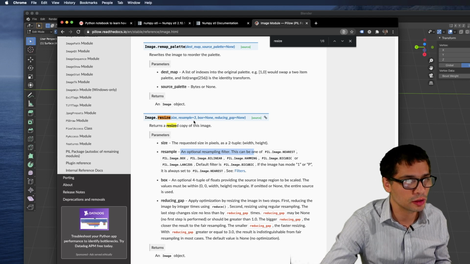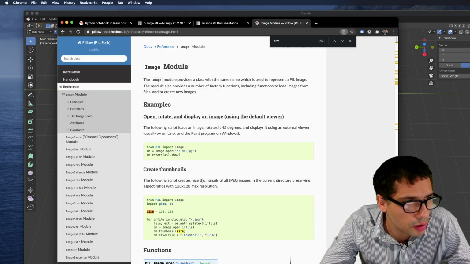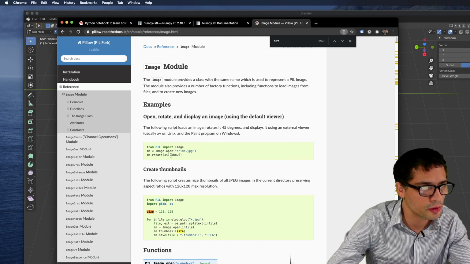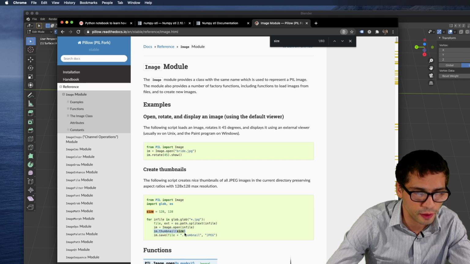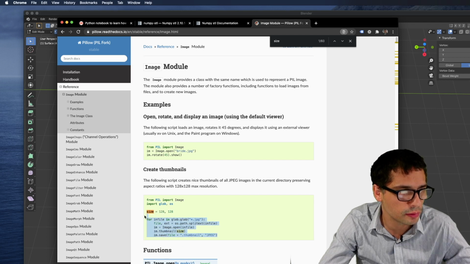So what about proportions? It doesn't tell me anything about proportions. Okay, so there's a better way of doing this. Instead of just using the resize function, I can use the thumbnail function. What the thumbnail function does is take, for example, a maximum size, and then it will resize the image up to that maximum size. But depending on the proportion of the image, it might be less in one of the coordinates. That's good enough for me.